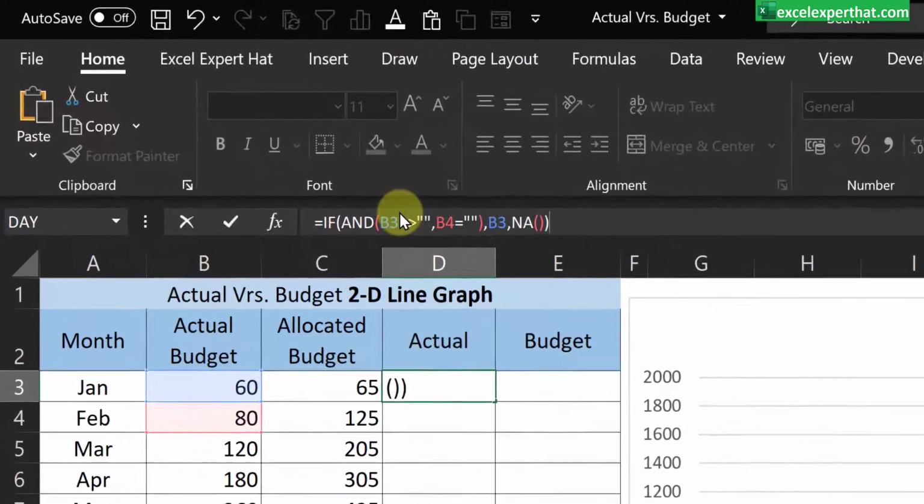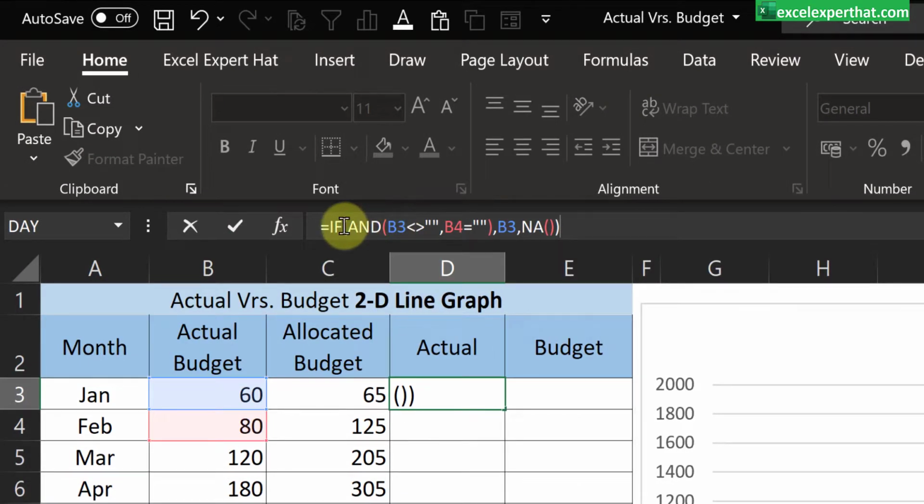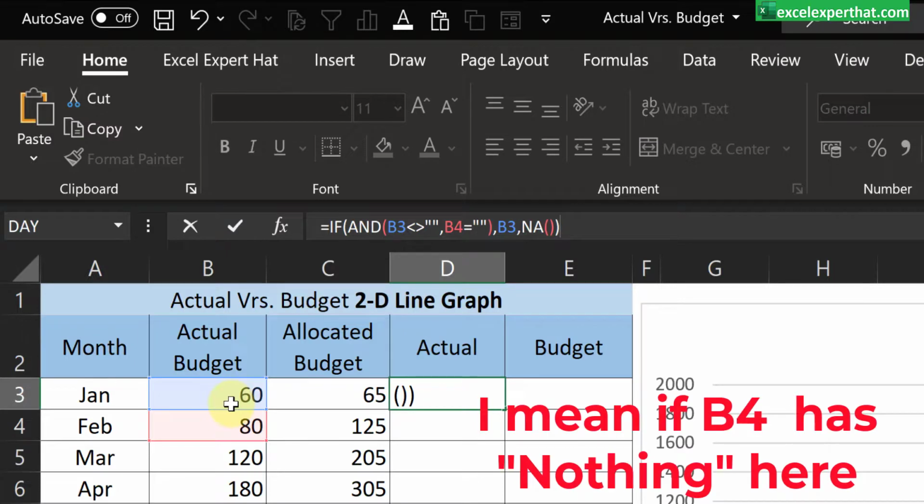In the IF statement, you use an AND function. In the AND function, you utilize B3, the first month, which is less than or equal to nothing. Then it should go to B4 and check if it is nothing or it has a value. If it has a value, it should show B3, else it should show nothing.